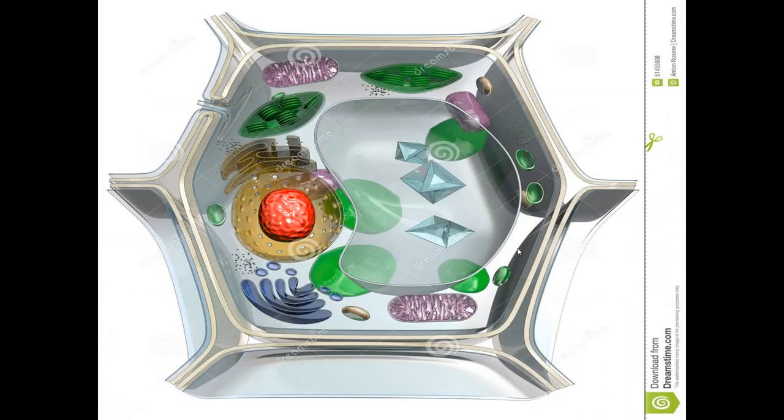This is the example of plant cell. Here, along with the other important organelles, both membranous and non-membranous organelles are seen in the plant cell also. But here you can observe two important prominent structures. As soon as you observe the cell, you can see a large vacuole at the center and green colored organelles. These are chloroplasts. Along with the other organelles, these two prominent structures are found in the plant cell, and the nucleus is pushed to one corner.